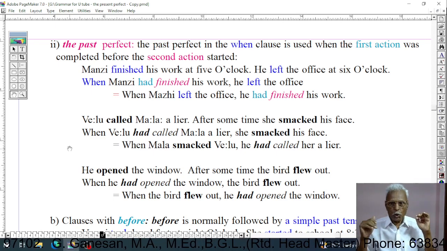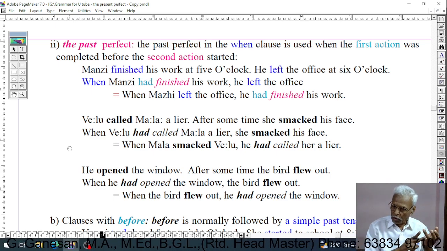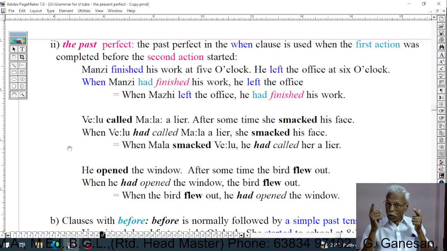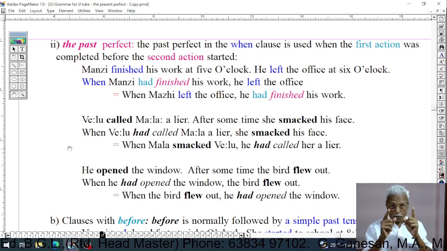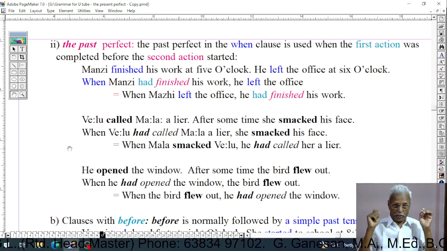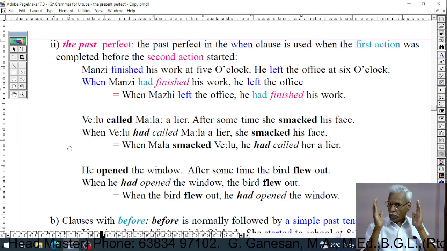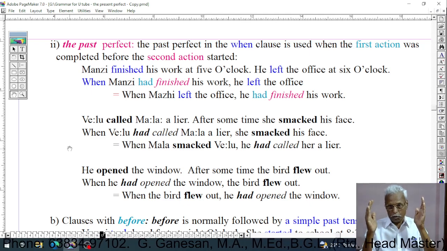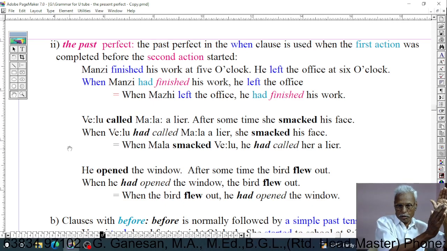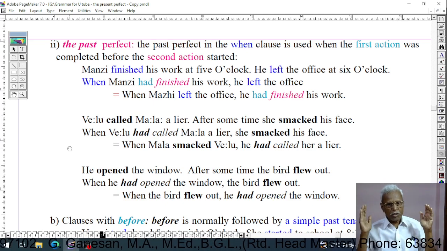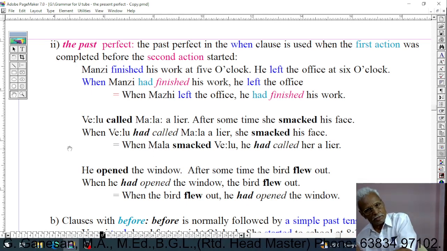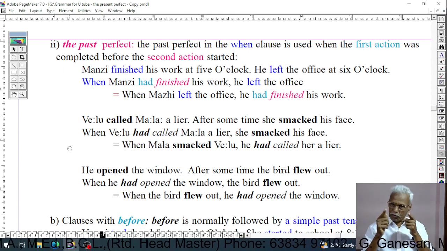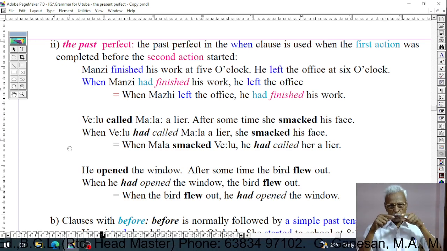For this purpose, we can use either when or before or after. If we use when,